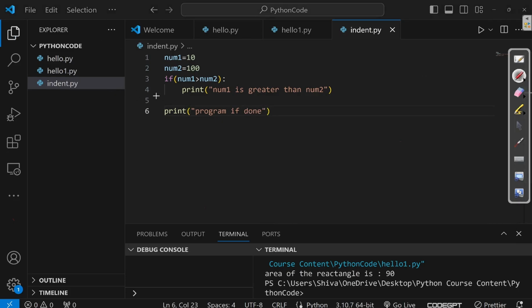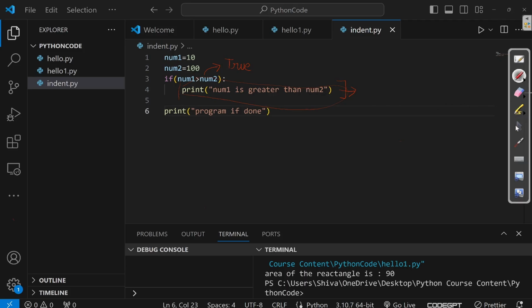This particular space is called an indentation, which is denoting that this print statement is inside the body of the if statement, and it is based on this condition. If this condition is true, only in that case this particular statement is going to be printed. If this condition is not true, in that case this statement is not going to be printed.